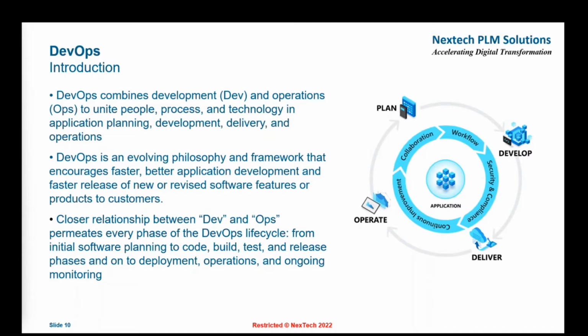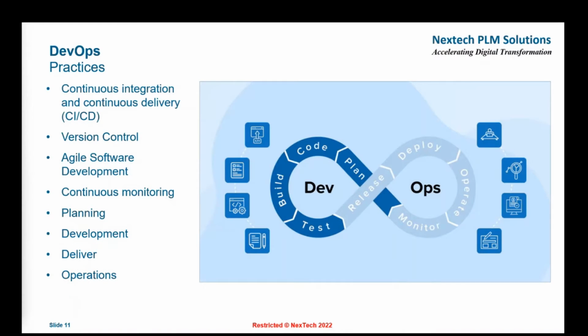It basically leads to, I would say, a quality product which is delivered to the actual end user, to the customer, and ultimately it brings the desired ROI. So when it comes to DevOps, the important thing we have to consider is what DevOps practices are typically used. So when it comes to DevOps practices, continuous integration and continuous delivery. So we call it